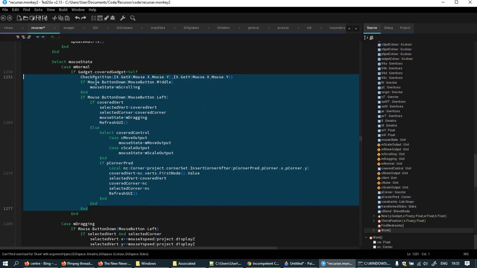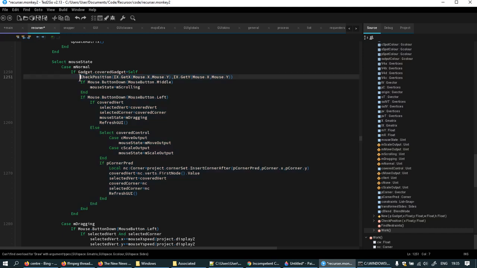But if, whilst in M-normal state, it senses that the mouse button is pressed down, it looks to see if covered vert has a value. Sorry, I should have started with this. Check position. The first thing I do, after making sure that the mouse is inside the gadget, and I do have to check that because this could be called if someone had moved into the gadget, held down the mouse and moved out of the gadget. But actually, that wouldn't quite... yeah, it could have happened. Anyway, check position